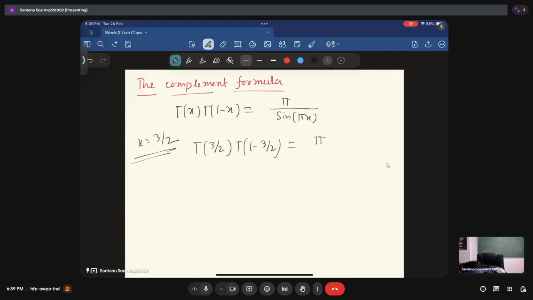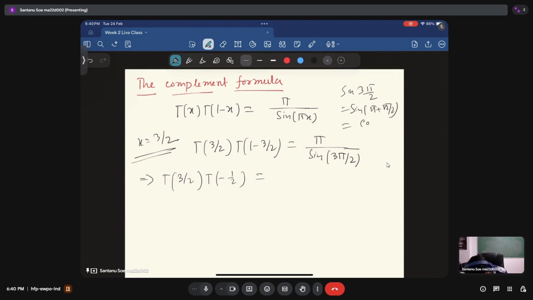and this is pi divided by sine of 3 pi by 2. So this will be gamma of 3 by 2 times gamma of minus 1 by 2. We know that sine of 3 pi by 2 is just sine of pi plus pi by 2, correct? And sine of pi plus pi by 2 is nothing but minus cos of pi by 2,